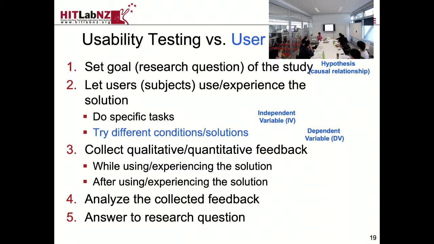So this is how we set up our user experiment. The first thing is to set your research question, which means you may want to make your hypothesis. After that, you will make some specific tasks. You will assign a certain specific task to each participant under different conditions. That depends on how you design your experiment. We will talk about it a little bit later, but you may choose a between-subject test or within-subject test, or you may choose